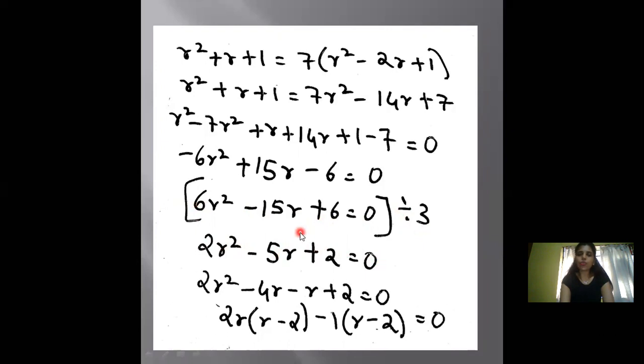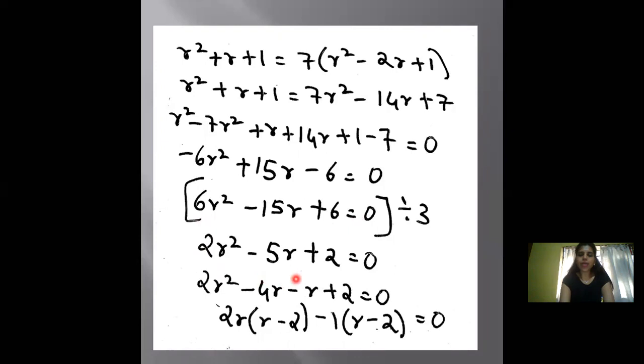Now I multiply the 2 which is there in the last term, and this 2. So when I multiply, I get 2 into 2 as 4. Now I don't need to factorize 4, because as it is plus here, you know that by adding you should get the middle term. So 4 ones are 4. So 4 and 1, when you add, you get the middle term. And both should be given a negative sign because the middle term has a negative sign and both terms get the same sign. So 2r square minus 4r minus r plus 2 is equal to 0.